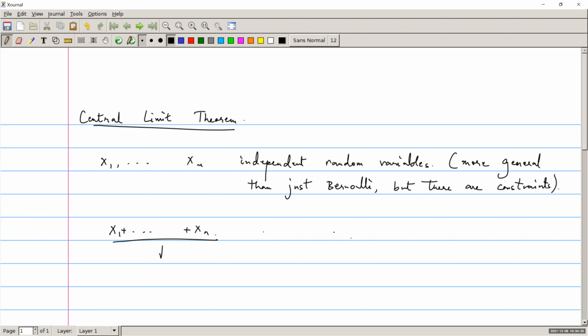a normal random variable with a mean equal to the square root of n times the mean of any single random variable. Okay, and the variance is